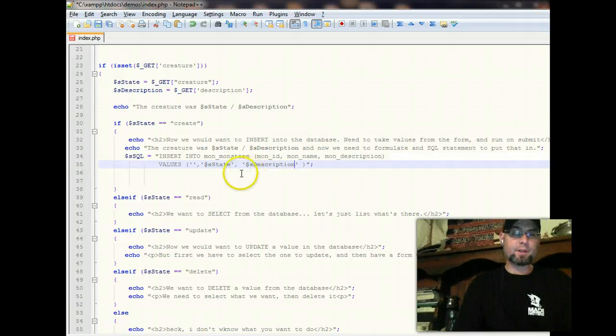And now would be a good time to change state to monster,